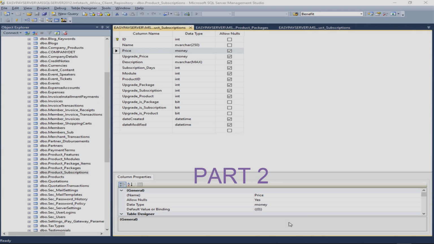Now you can see my computer is a mess. It has so many things happening there. I'm going to open my IDE